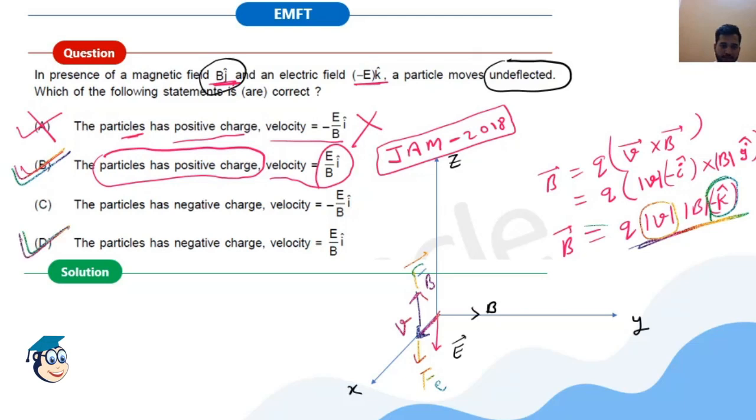Similarly, you can check that option D is also correct. So this was a multiple select question, and options B, comma D would be its answer. You just need to calculate the direction of the magnetic force and electric force, and by this magnitude of velocity, you will get the magnitudes of both the forces equal. The directions of both the forces should be opposite so that both forces cancel and the net force on the particle becomes equal to zero. And this is the condition for the particle to move undeflected. So you can solve any question related to these concepts.